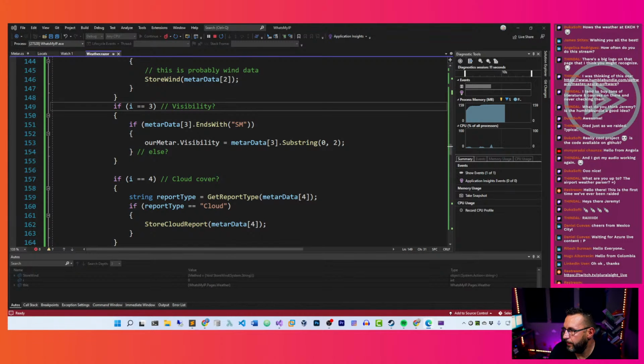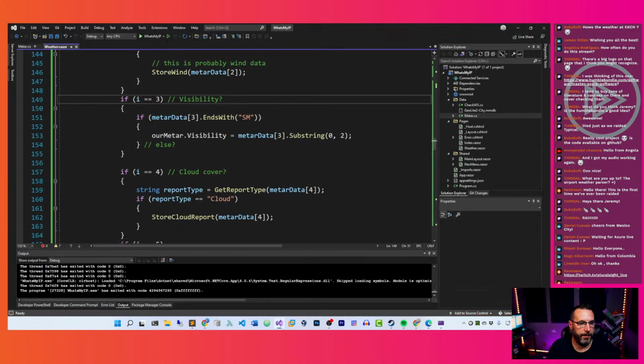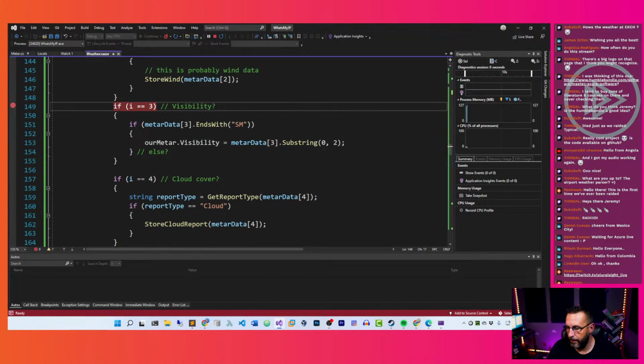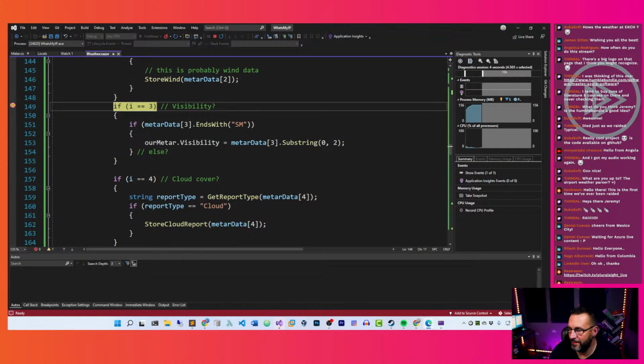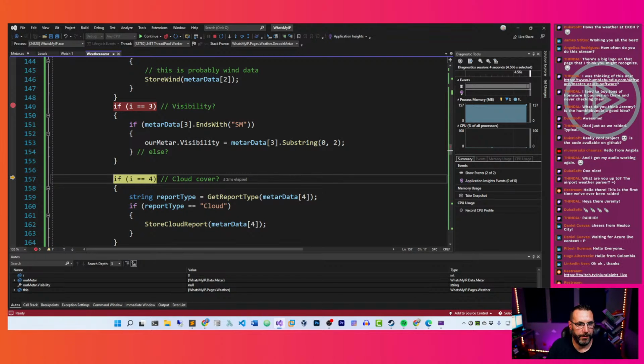Very weird. Why did that not work? I'm going to check EKCH here in just a second. I don't know why my F10 isn't working, but oh, there we go. So we can look and say if Metar data 3 ends with SM, which it does,